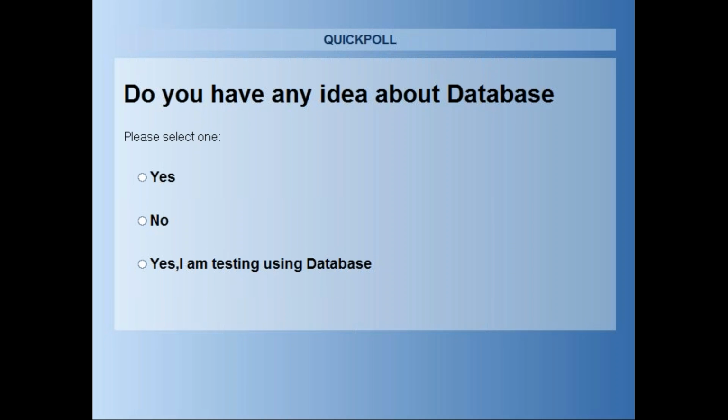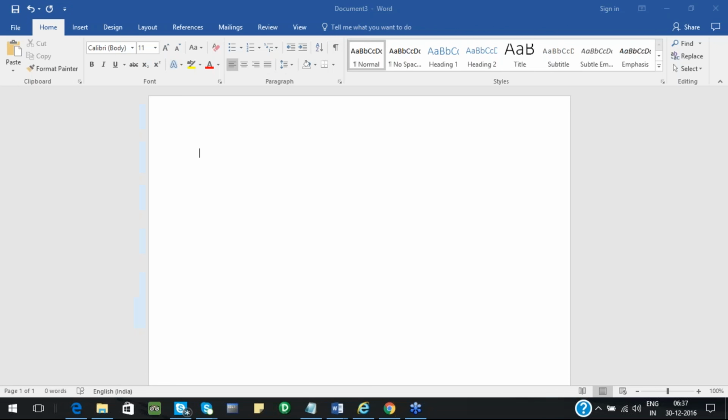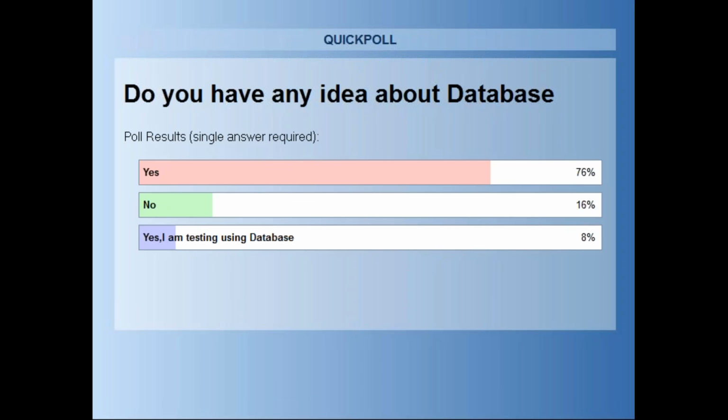I see only 71% voted. All right. So if you see, 76% know an idea, only 8% are working or testing using the database. Fair enough. This is part of JPact.